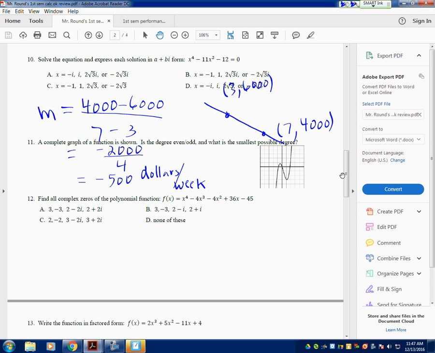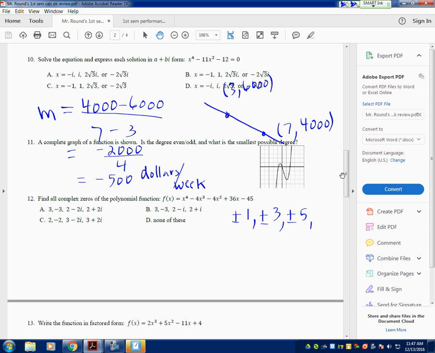Plus or minus, what's the next one? 3. Okay, and then plus or minus, and so on. All we're doing is taking factors of 45, because it's factors of 45 over 1. So it ends up being the factors of 45 that are possibilities. Hopefully one of these first few will work. Looking at the answer solutions, it looks like one of these will work. We'll see. So notice 1's not in here, and so unless it's a none of these,